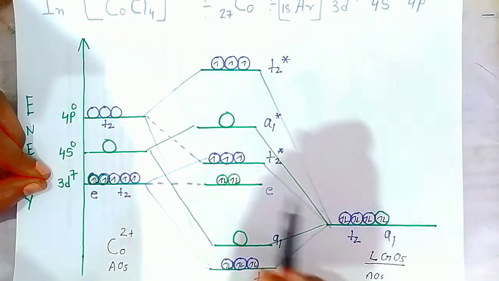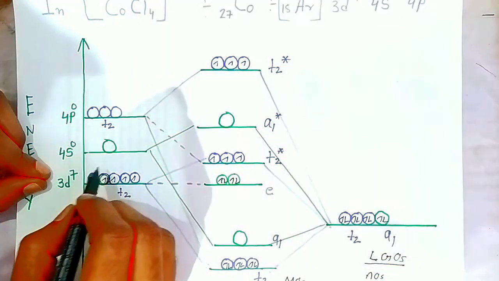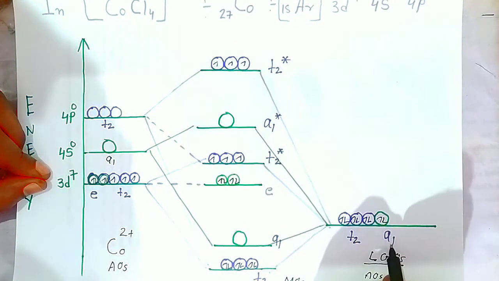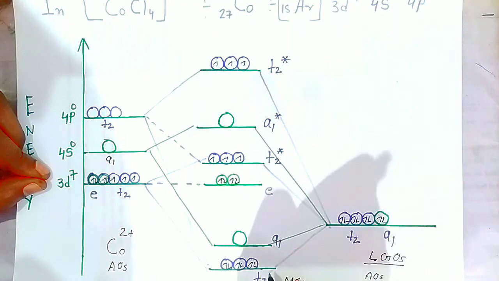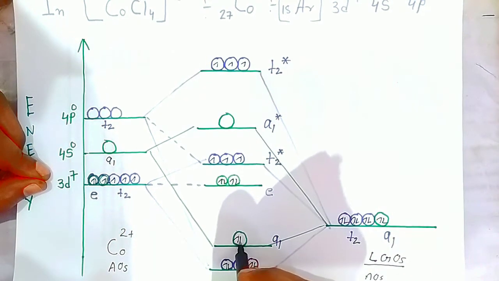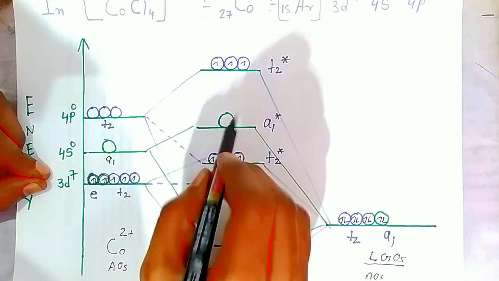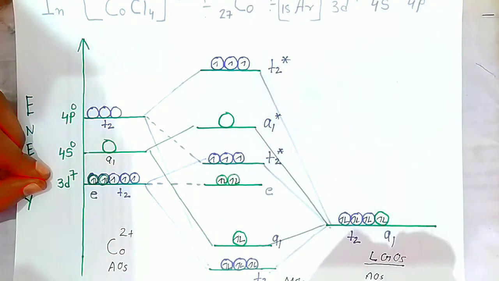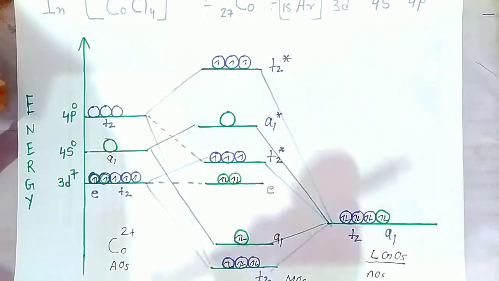Now, students, the A1 atomic orbital of the metal combines with the A1 atomic orbital of the ligands, and they will form the A1 bonding orbital. Here the electrons will go, and there is an empty anti-bonding molecular orbital present. Now, students, this is how we can apply the molecular orbital theory to tetrachlorocobalt 2 minus,